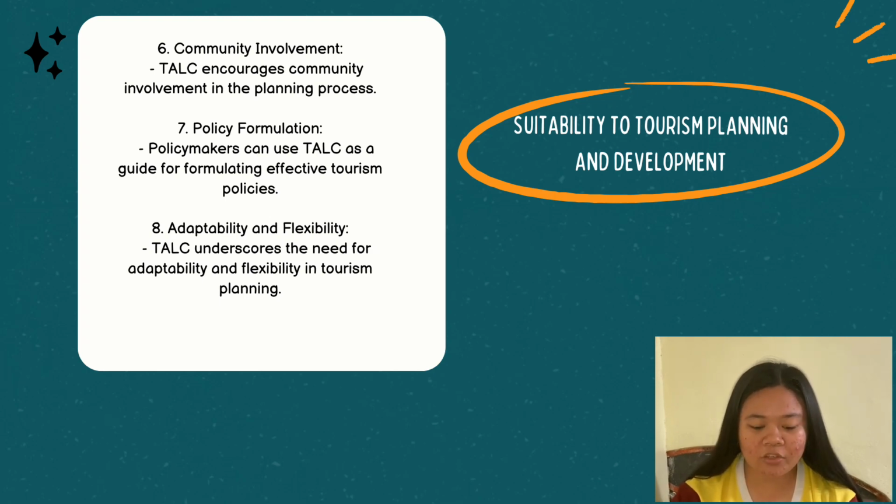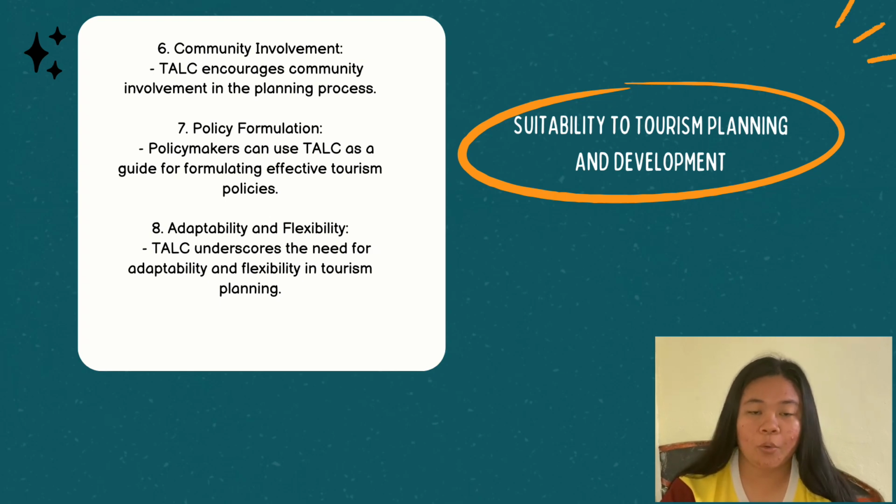Seventh is policy formulation, where, whether it's implementing regulations to manage visitor numbers or incentives for sustainable practices, the theory informs policy decisions aligned with the destination's life cycle stage. Finally, adaptability and flexibility, where destinations can adjust their strategies in response to evolving market trends, ensuring a proactive approach